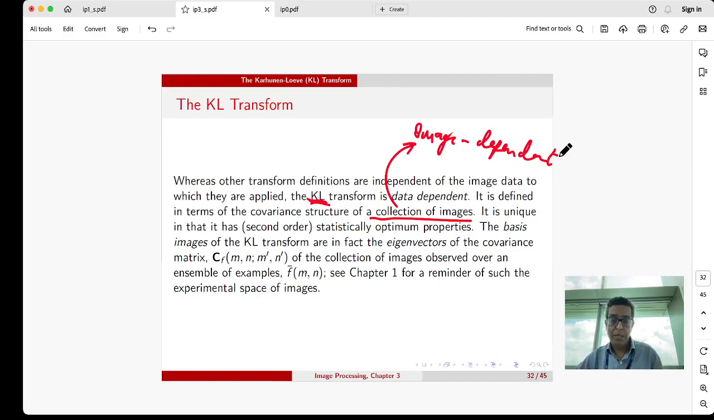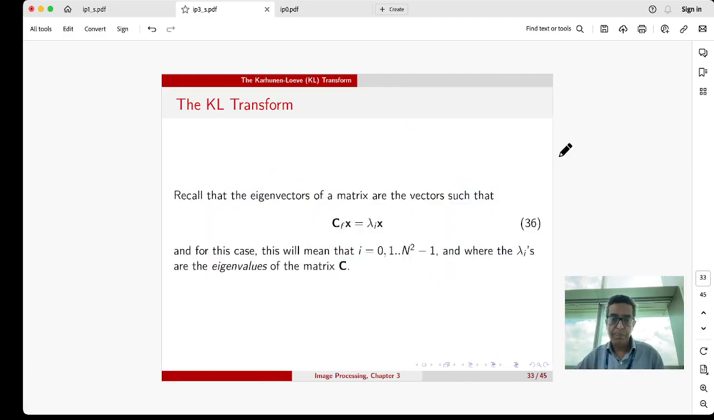That's the transform domain of your input image. So here is that process of just reminding you what the eigenvectors of a matrix are. They're the vectors x such that C times x is equal to lambda_i times x. And the lambda_i's here are the eigenvalues of the matrix C, or covariance matrix C